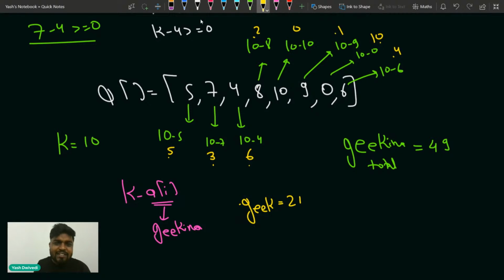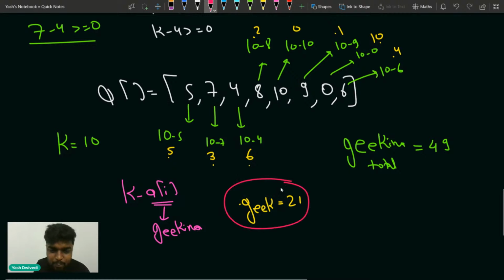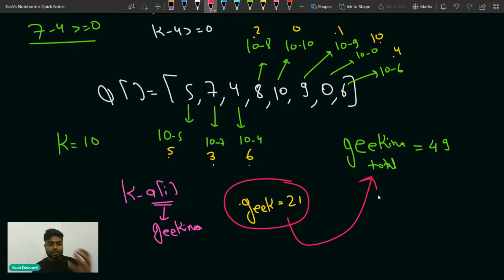So if I choose the K value as 10, is geek drinking more juice than geekina? Tell me. If I choose the K value as 10, so the total amount of juice that geek will drink is 21. So is geek drinking more than geekina? Yes or no for this test case? Tell me. If I choose the K value as 10, if I say that every juice was present 10 units